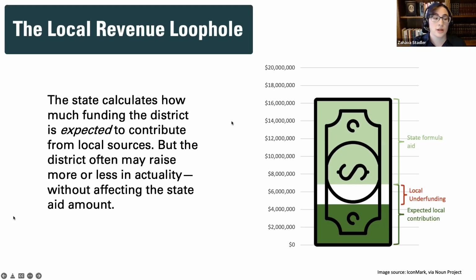One is local underfunding. Let's say the district is allowed to spend or raise less than the local contribution. So we still consider the local contribution sort of a mathematical fiction in the equation. So if the district doesn't fully fund it, that creates a funding gap. The state aid doesn't increase to fill it. This is actually not that common. Usually districts do not underfund their local contribution.